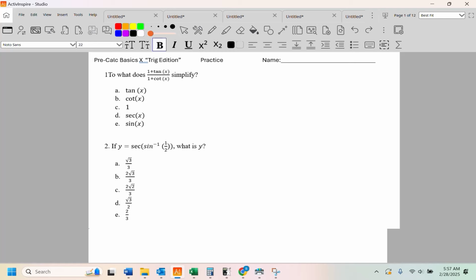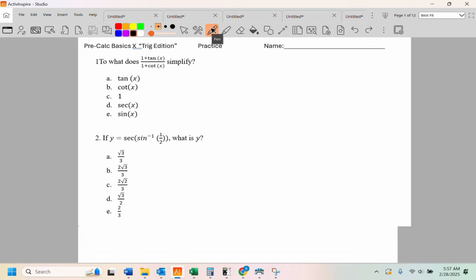All right, Pre-Calc Basics X, the Trig Edition. So the first question, what does this thing simplify to? That's kind of scary, isn't it? I don't know how I should approach this. Let's just try going real old school, and let's write this down